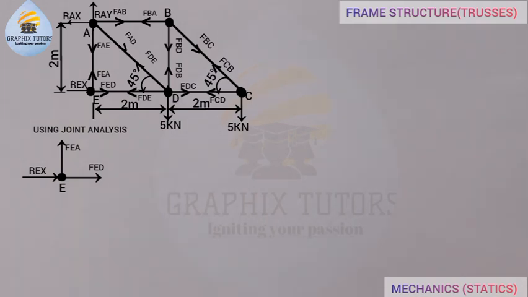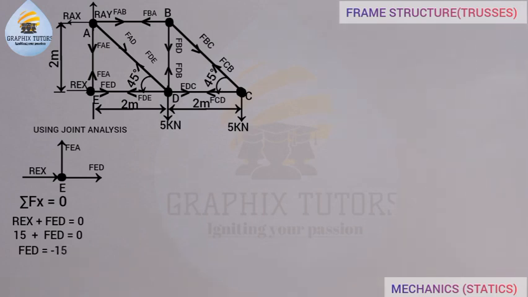So if I say that the summation of Fx is equal to 0, we will consider the forward force to be positive, and the force acting backwards to be negative. Now if you look at this, FED is acting in the right direction going forward, so it is positive. And REX is acting in the right direction also, it is also positive. So we say that REX plus FED equals 0, right? Now what is the value of REX? REX from our question is given to be 15 kilonewton. So 15 plus FED, which is unknown, equals 0. Making FED the subject of the formula,